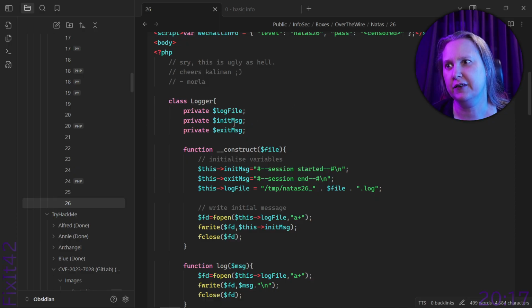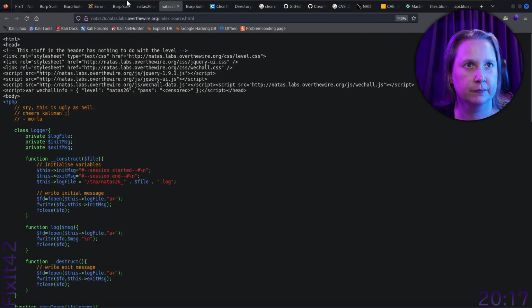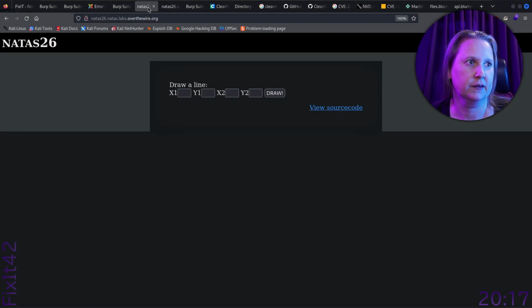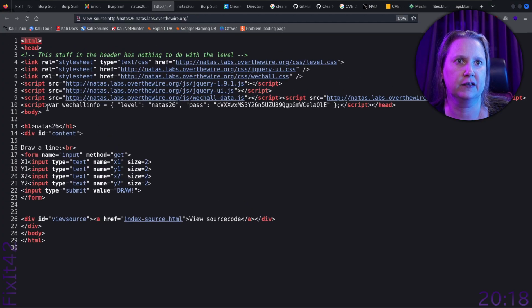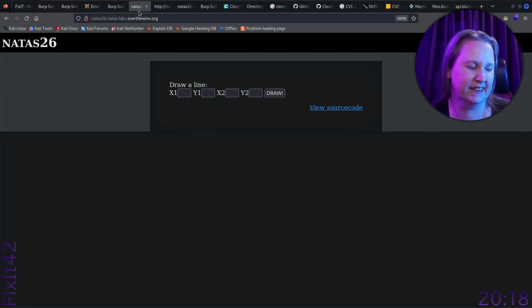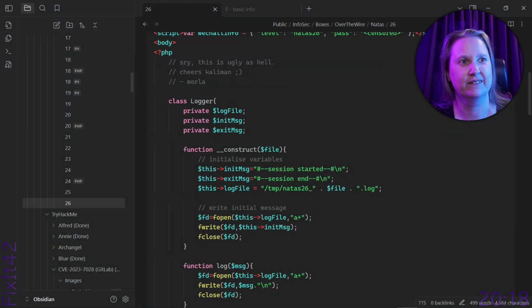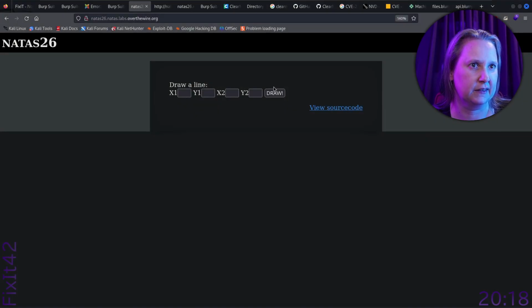So we have a private log file, init message and exit message. This is what it looks like if you just view source for it. I haven't done this in a long time now. It's kind of nice to see how it looks like this, right? So we can compare it automatically with your, you know. By the way, let's actually do